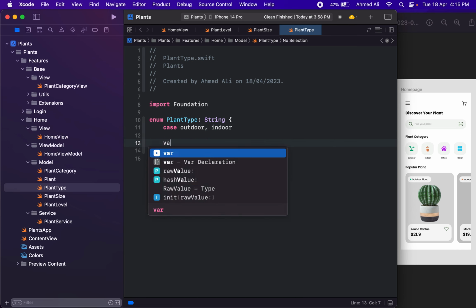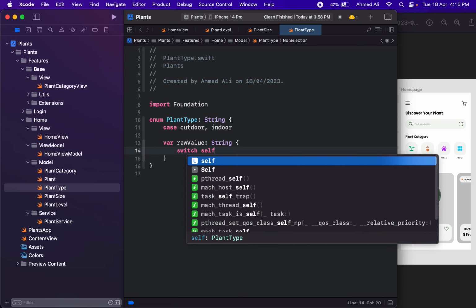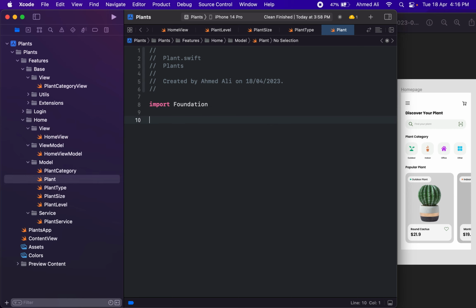So let's just have a raw value for it, and then we need to switch on self. For outdoor you will just return outdoor plant. For indoor we will return indoor plant. So for the plant we need a struct, conform it to identifiable,